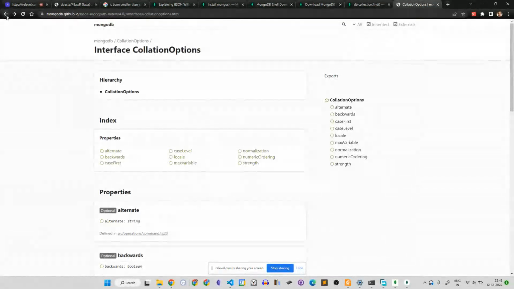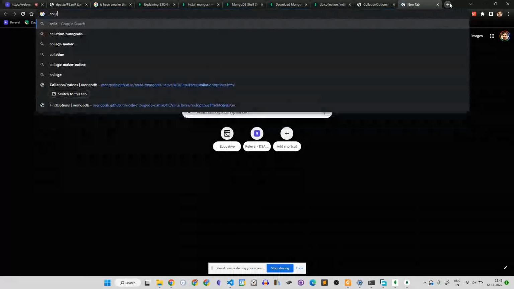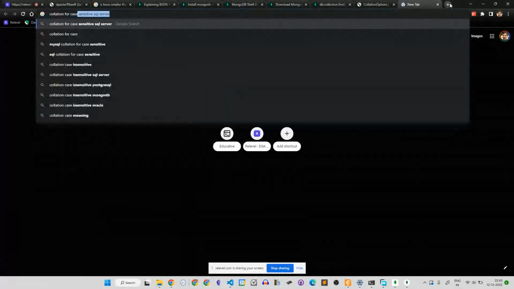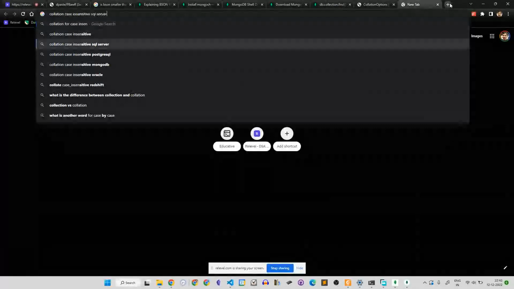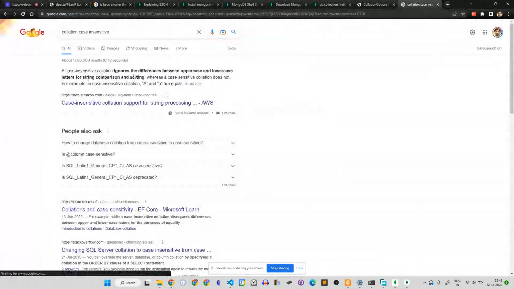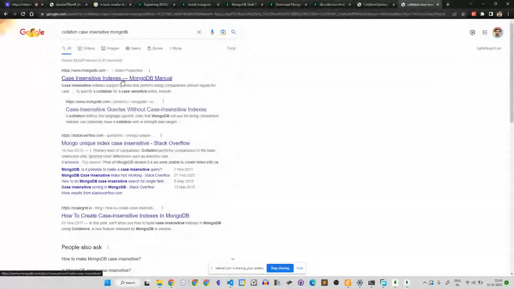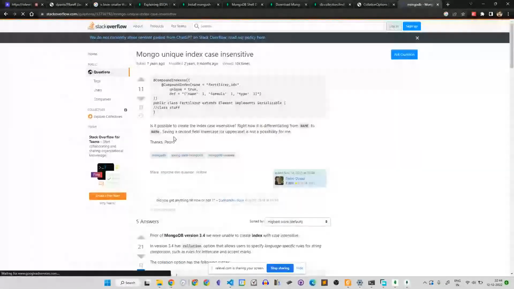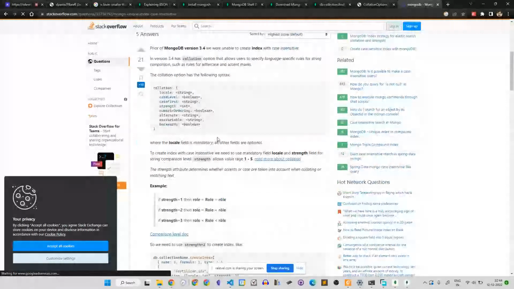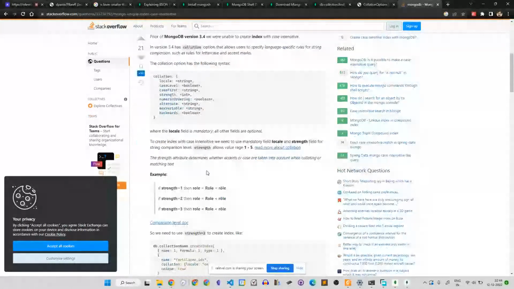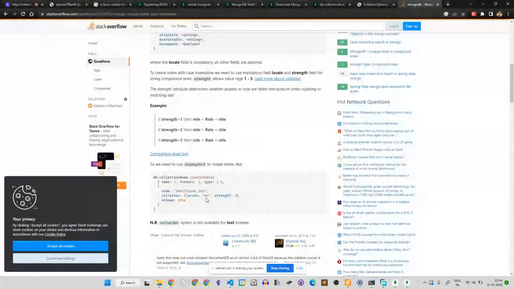There's a way you can do case sensitive collation. Collation for case insensitive, MongoDB sensitivity. Yeah, collation. Yeah, this one, locale en. This is what you have to write.